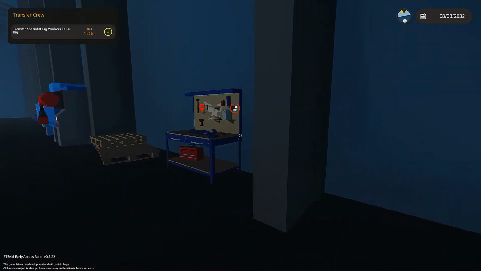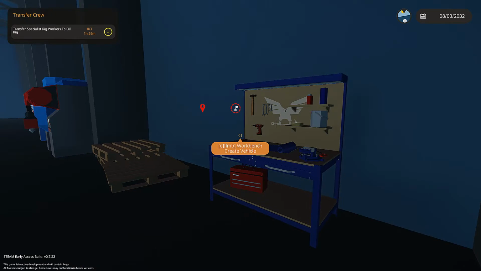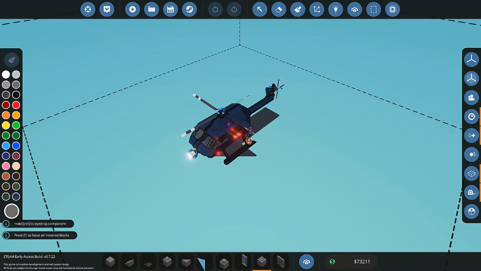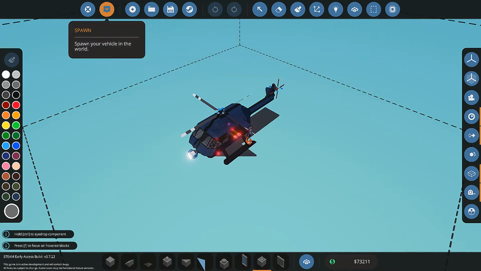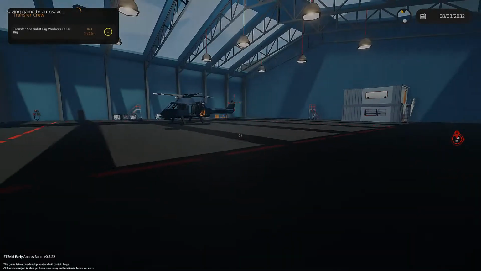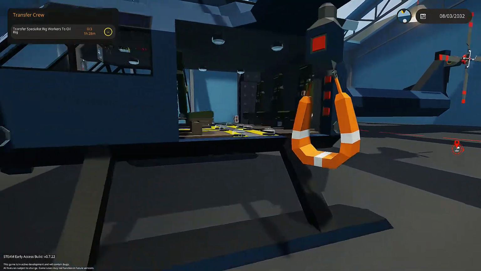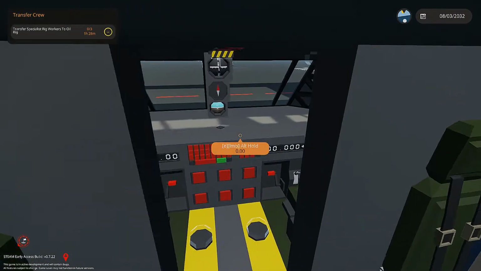So we have a mission here. We're going to transfer some specialist rig workers to an oil rig, but today's mission is special because we're using a specialized aircraft that I have built. It is the most advanced piece of equipment I've tried to design yet. I know it doesn't hold a match to some of the designs on here, but I'm pretty proud of